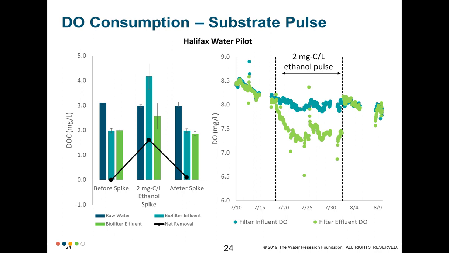And commensurate with that, we saw an increase in the DO consumption across the filters over that time period. It took about 72 hours for the DO consumption to reach approximately steady state conditions. But as soon as we turned the ethanol pulse off, the DO concentrations rebounded to baseline conditions instantaneously. So that was a clear indication that we were getting a measurement here that was reflective of known changing conditions